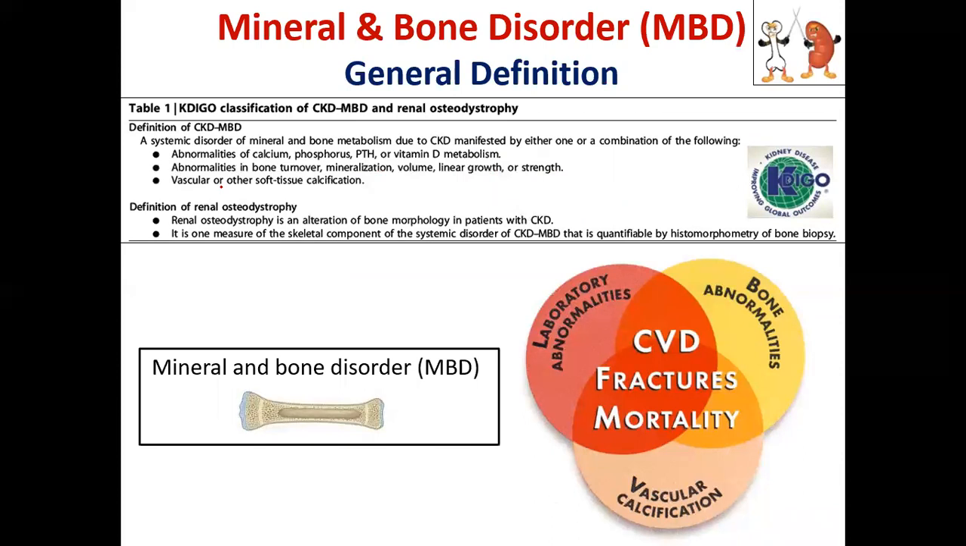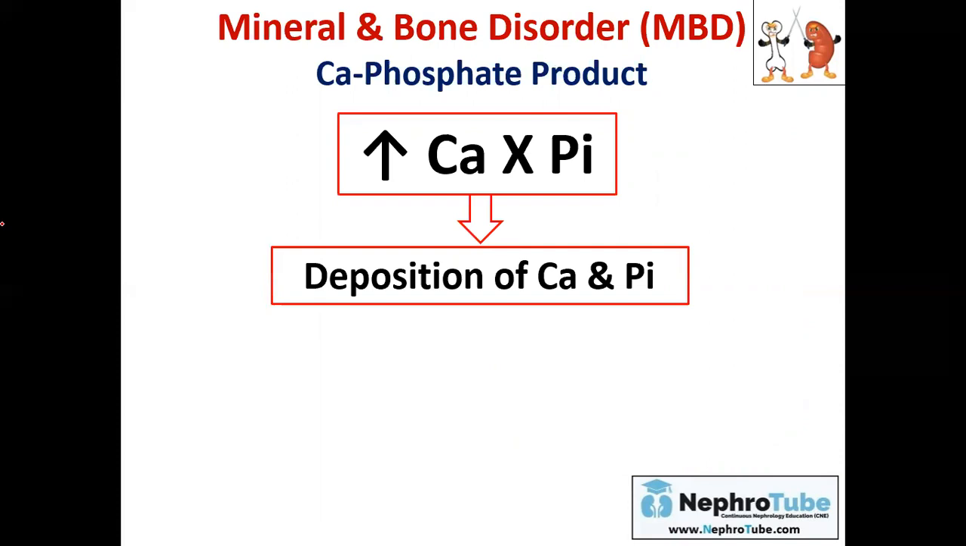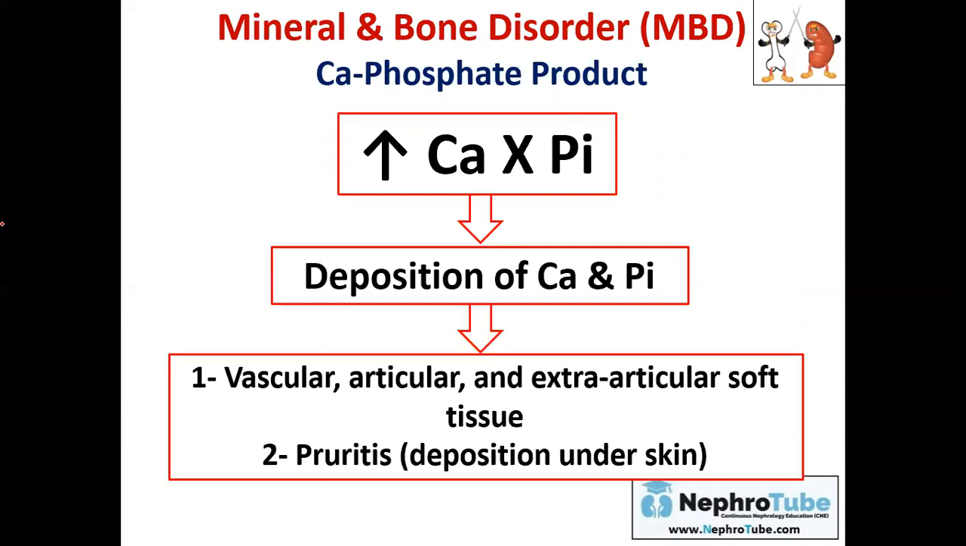Back to our main lecture. We discussed the laboratory abnormalities and the bone abnormalities. What about vascular and soft tissue calcification? With the disturbance of calcium and phosphate in our patients, you will find high calcium phosphate product, which will cause calcium and phosphate deposition in different extraskeletal parts, as in vessels, articular, extra-articular soft tissue, and maybe under the skin,